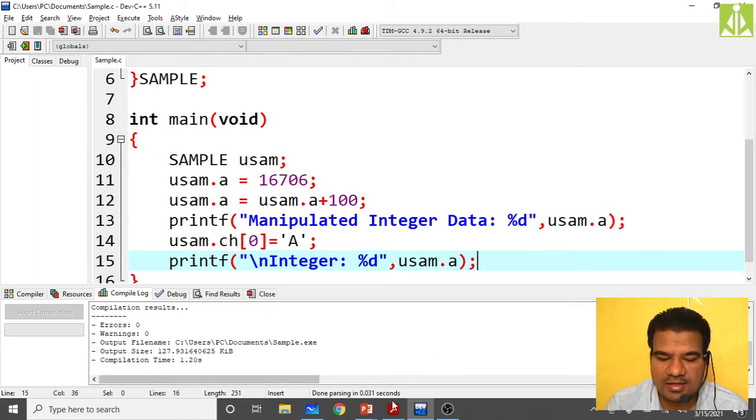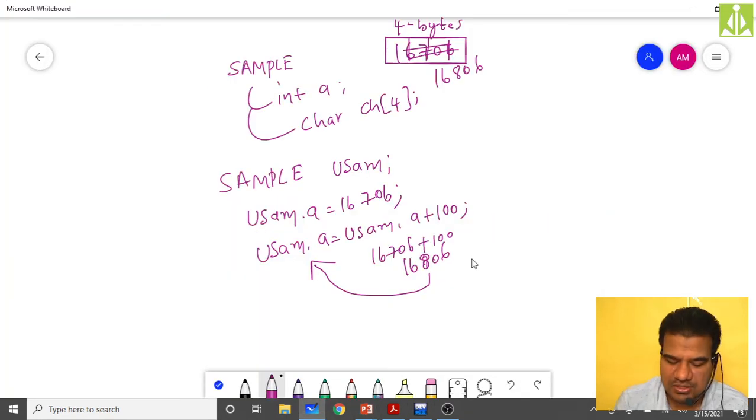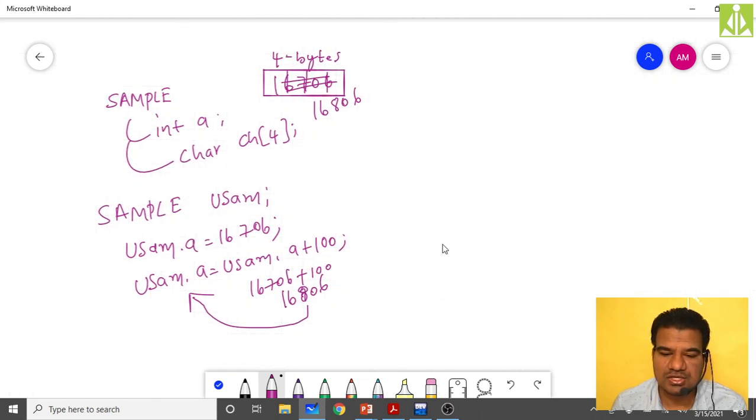In my next initialization, usam dot ch of 0, we said capital A here.